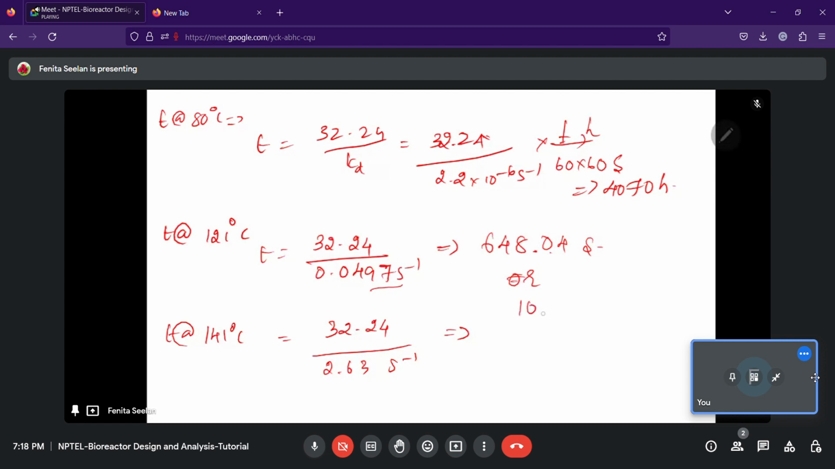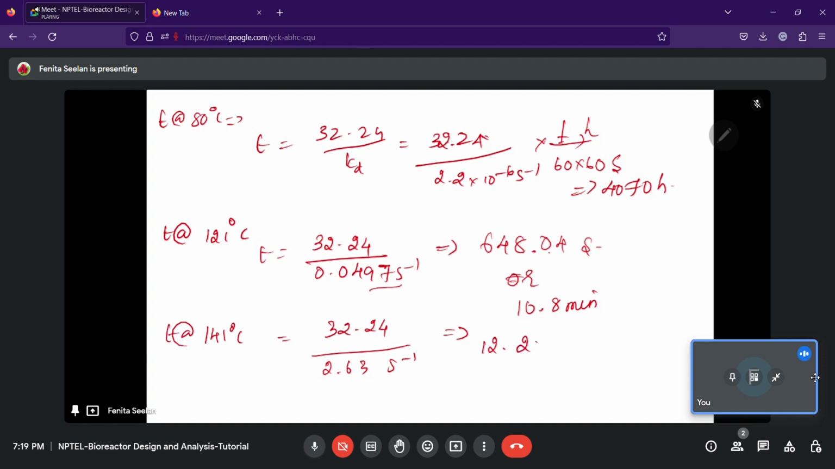It's 10.8 minutes. And how much is this? 32.24 divided by 2.63, right? 2.63, which is 12.25 seconds. So, as a whole, if you calculate, it would take